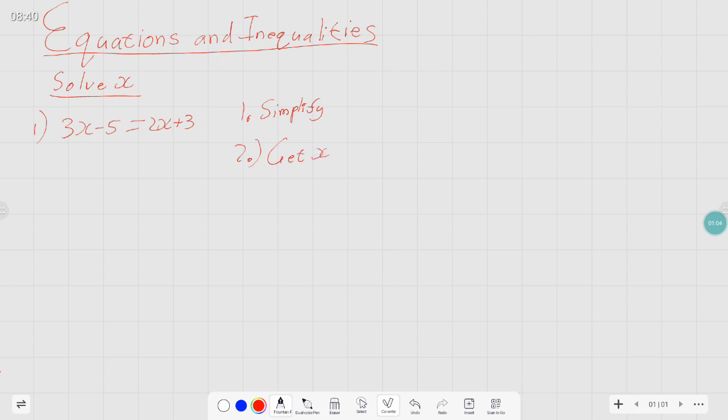get x alone. Okay. So once we get x alone, this means take everything over to one side. So if I want, for simplicity's sake, I'm going to take this x over. So in reality, I subtract both sides by 2x. So I've got 3x minus 2x equals to this. Negative 5 goes over, it becomes positive. So I add with 5 on both sides. So at the end of the day, I will have x equals to